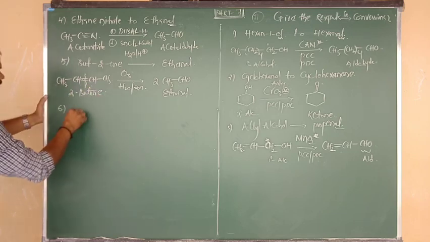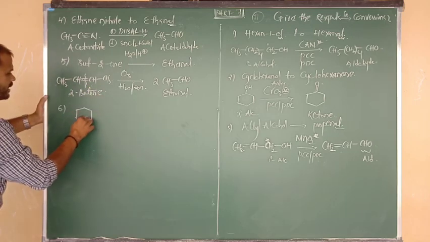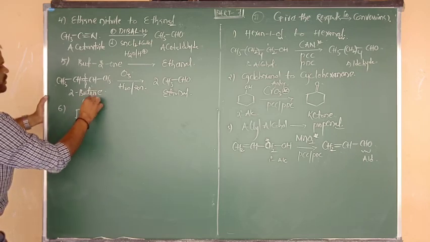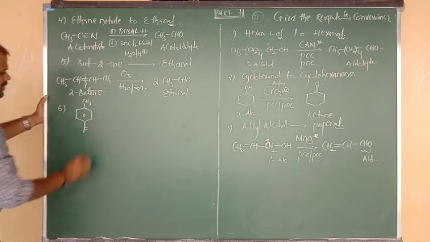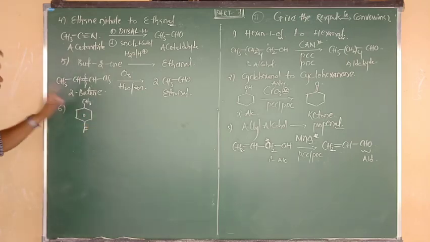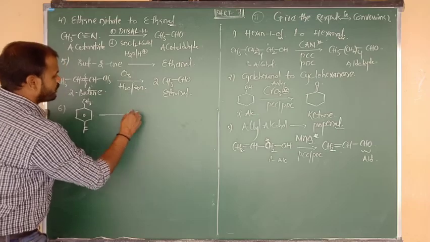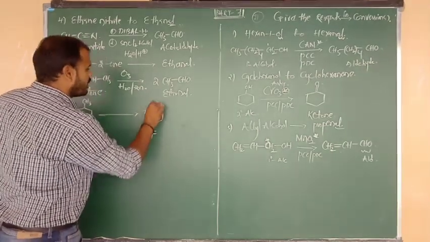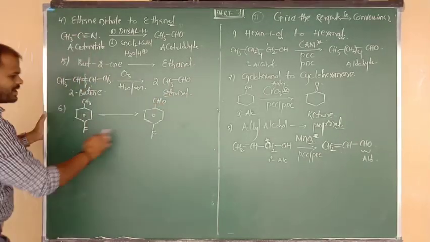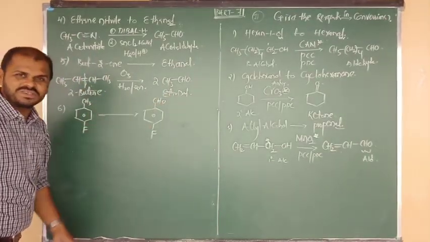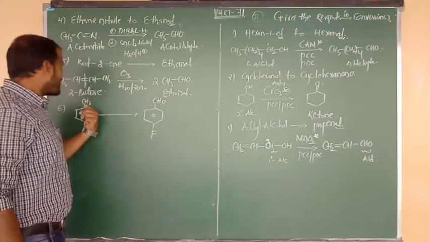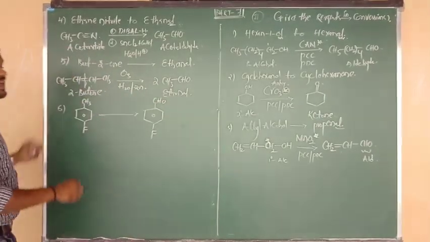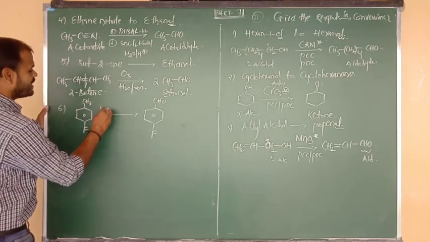So last and final. Here, first of all benzene, and suppose benzene is connected to a CH3 group, and here fluorine. So para-fluorotoluene converted into para-fluorobenzaldehyde. Fluorine same, just toluene changes into CHO. So in which reaction can toluene be oxidized into CHO? Just now I have told you chromyl chloride, the Etard reaction. So what can we do?